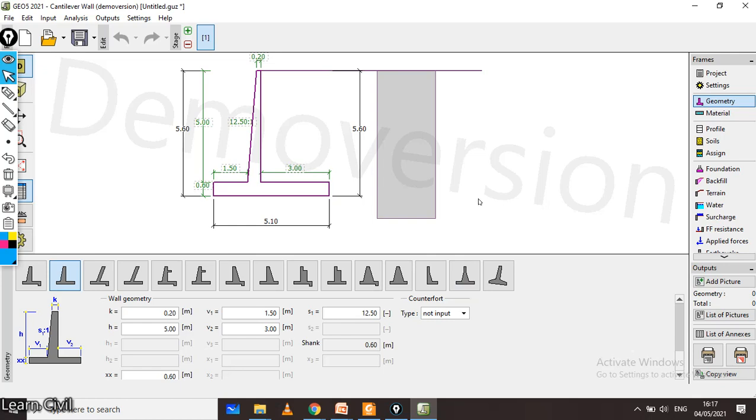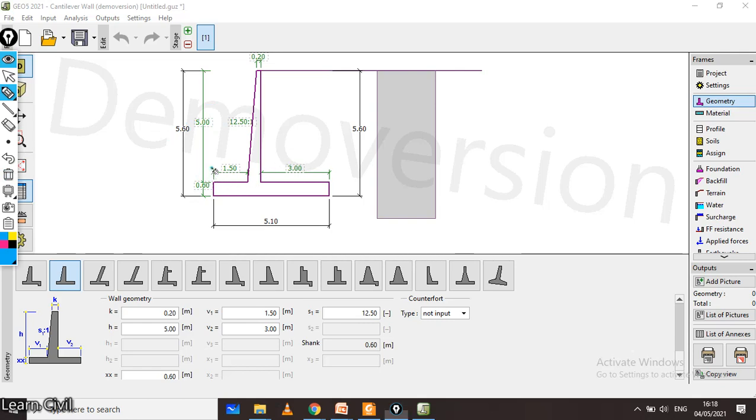We'll go here. So we'll start with 0.2 meter. We have provided the top width of this particular retaining wall stem wall as 0.2 meter. So I provide here 0.2 meter. Then let us consider the total height. This total height of your retaining wall is 5.6 meter, and let us consider the thickness of this base slab as 0.6 meter. Therefore, total height is 5.6. Height above the base slab is 5 meter, and thickness of base slab is 0.6 meter.